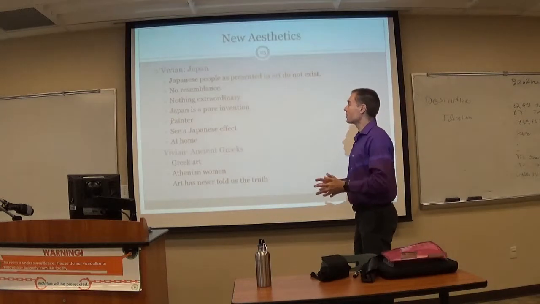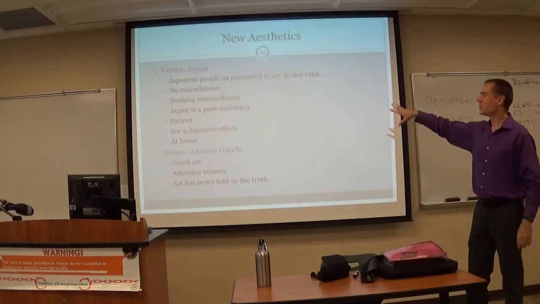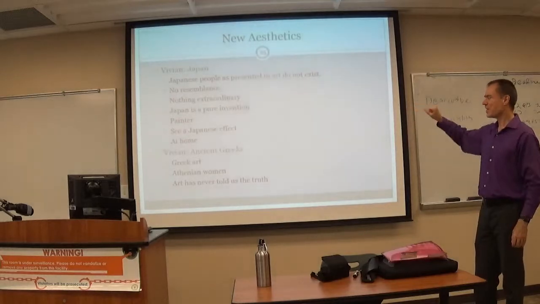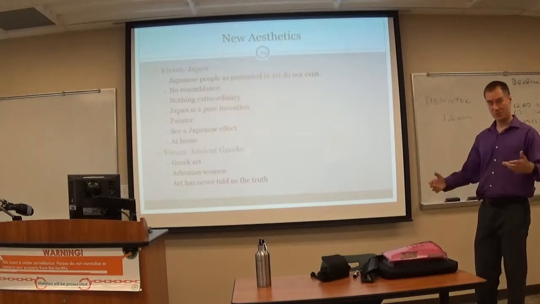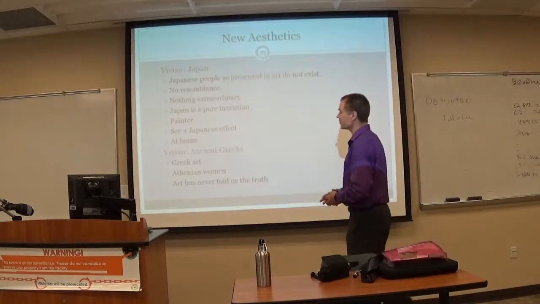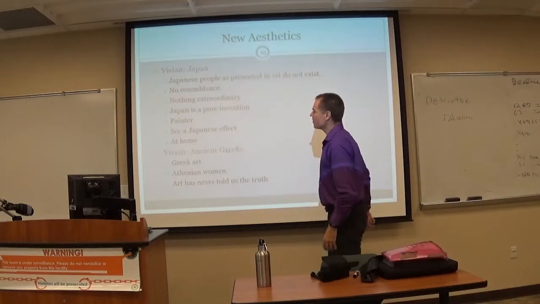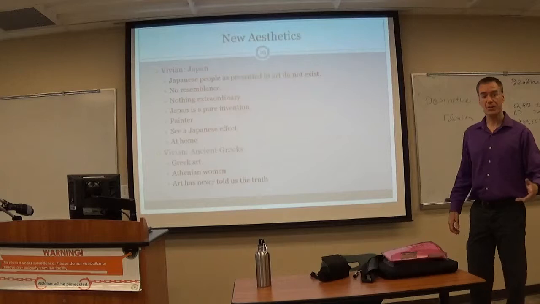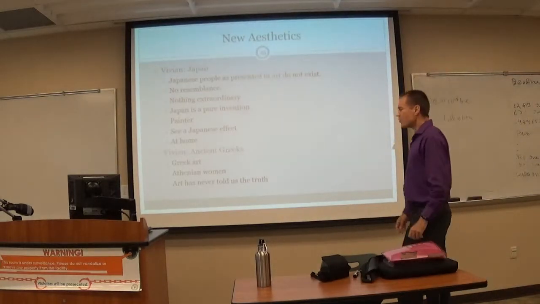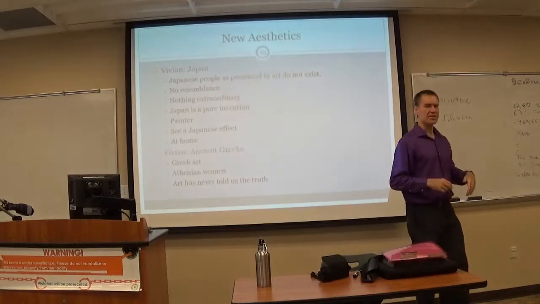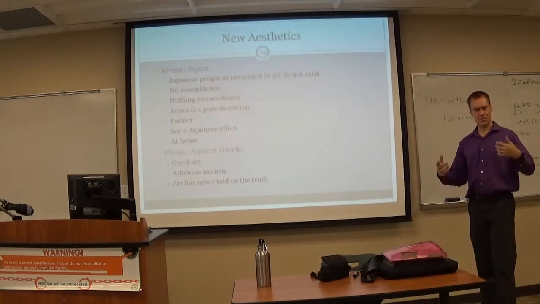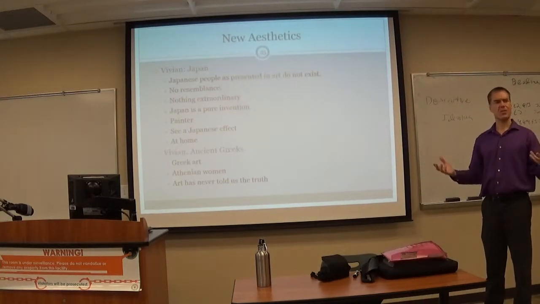Okay, so we got Japan being a pure invention, and he says essentially it's a creation of people's ideas, pure inventions. Now his third and final example involves the ancient Greeks, and he notes the example of Greek art. Everyone is probably somewhat vaguely familiar with that. The Greeks are big on these typically noble, perfect statues, Olympians and gods and heroes and